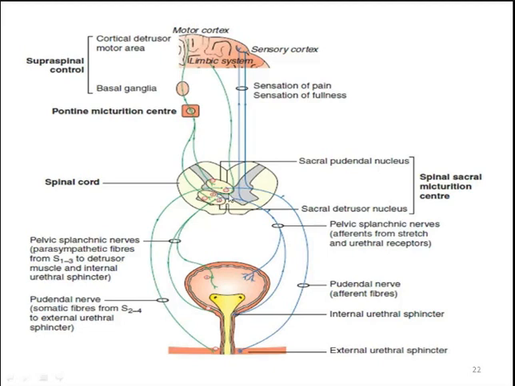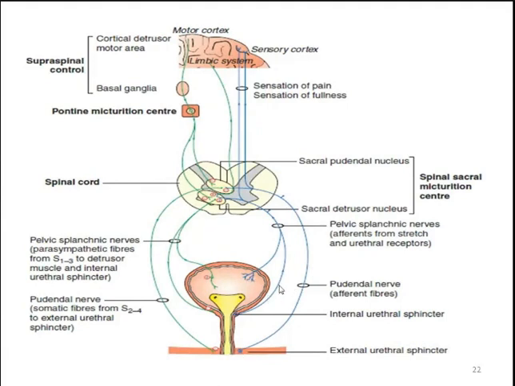And again from the sacral micturition center, the efferent fibers come to the detrusor muscle. This is the motor fiber; this is the sensory fiber. Due to this stimulation, the detrusor muscle will be contracted.